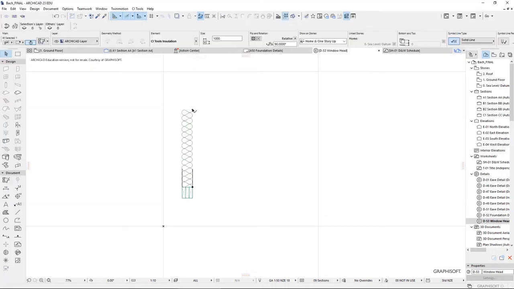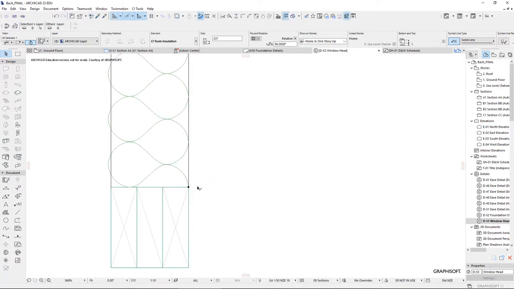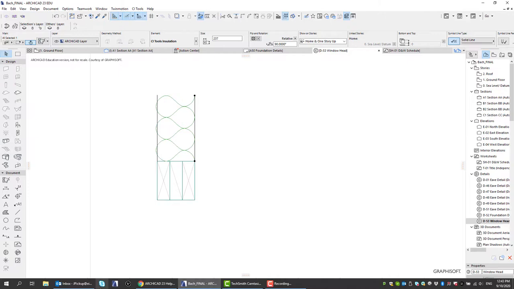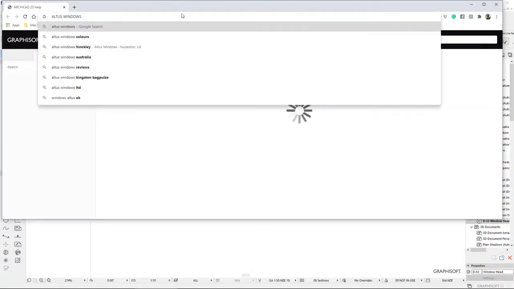So get rid of that one and bring this one down, because it only needs to be a small portion for that window, doesn't it? Have you imported the details from the manufacturer? You need to import some of the details from the manufacturer, and if you haven't done that already, you need to look them up. So let's look up Altus Windows